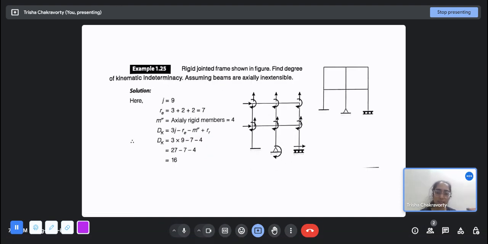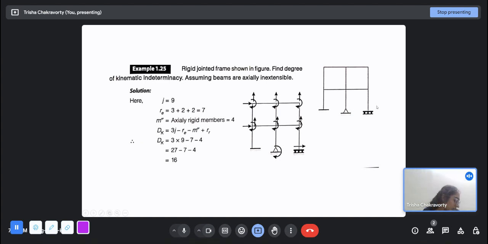And this is a rigid jointed frame. Find the degree of kinematic indeterminacy. Now it says that it is rigid. So basically, we have to consider there are 1, 2, 3, 4, 5, 6, 7, 8, 9 joints, and the number of reactions here is, here there are 3 reactions, here there are 2 reactions. From the fixed support we have 3 reactions, from the hinge support we have 2 reactions, and this is not a regular